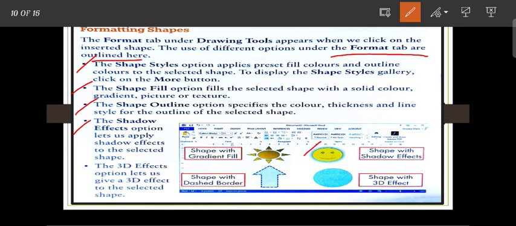The 3D Effects option lets us apply a 3D effect to the selected shape. So these are a few formatting features of a shape. All of you have to practice it.